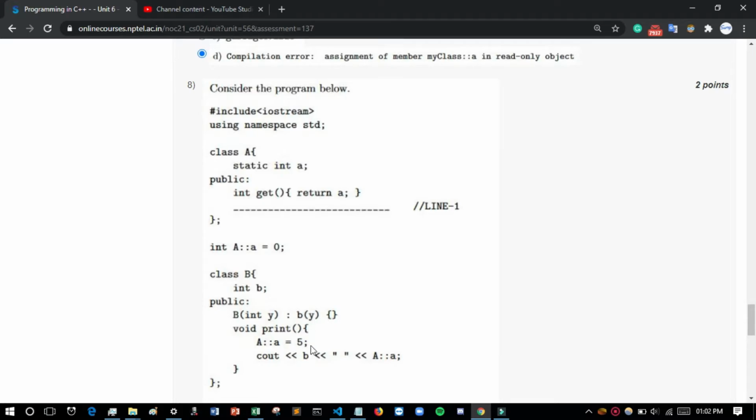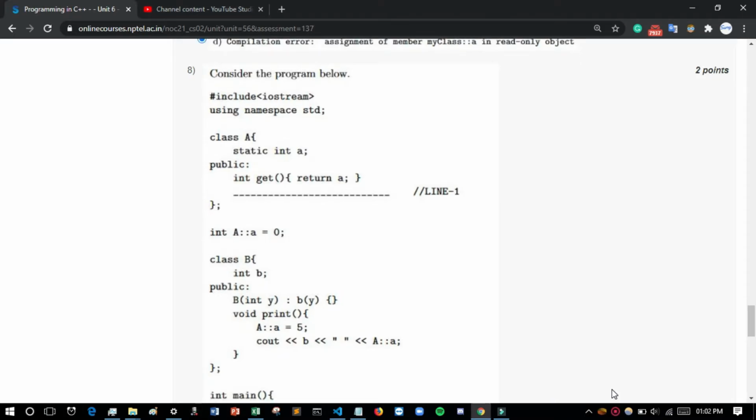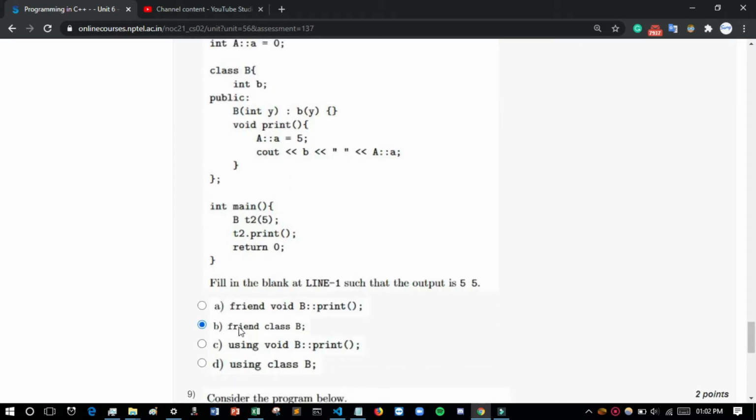So whenever we use scope resolution, we have to write the friend class B. So friend class will be the right line, and the answer will be B, 8B.